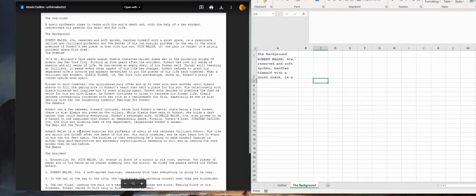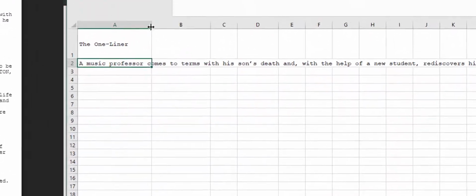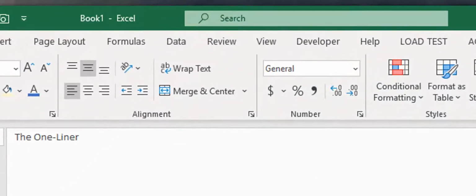So after you have all the tabs done, right? We're going to go back here to this tab, and we're going to take this row right here, all the way to row F, and we're going to highlight it. So I'm going to select this row, drag, highlight it, and now what I want to do is merge this. So while it's selected, I'm over here in the Home tab, I'm going to hit merge, and I make that